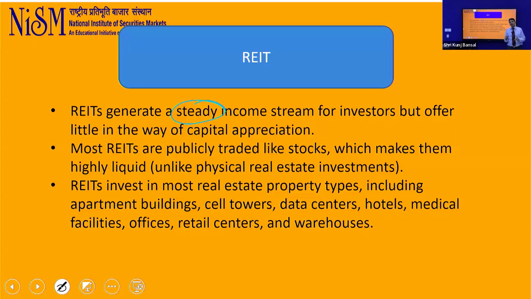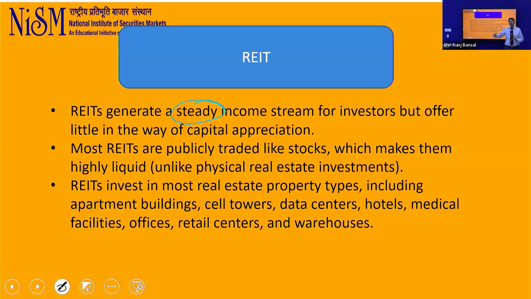And generally, REITs distribute on a quarterly basis. While they are probably receiving it monthly, distributing monthly is quite expensive and cumbersome, and for investors also, receiving smaller amounts every month may not be as beneficial as receiving a relatively higher amount on a quarterly basis. So quarterly is a frequency which balances receiving it regularly and not receiving smaller amounts monthly.